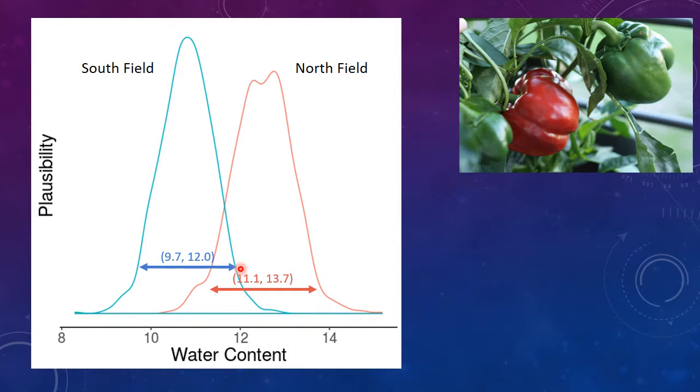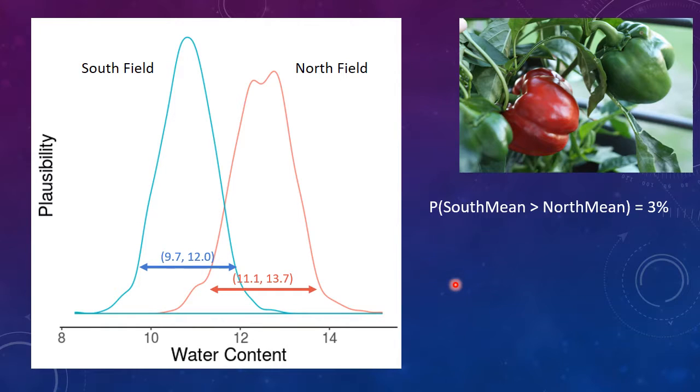It's conceivable that despite these particular samples, the south field actually has a higher average water content than the north field. It's conceivable, but how plausible is this? To find out, we can count up the number of times that our MCMC simulations had a higher mean for the south field than the north field. When we do this, we get just under 3%. So it seems fairly implausible, based on our sample, that the south field has a higher average water content than